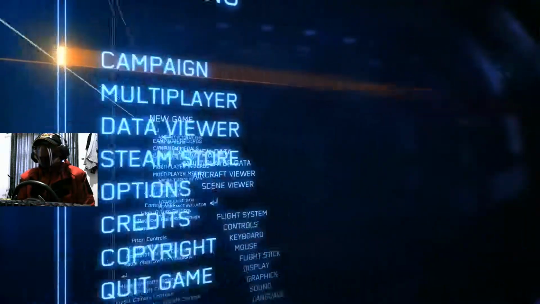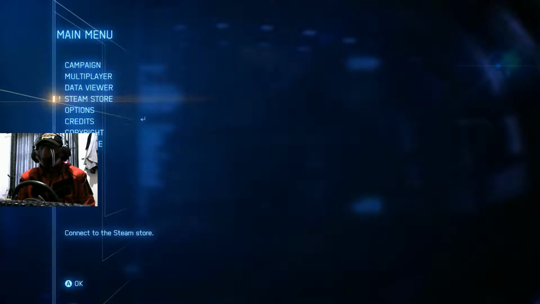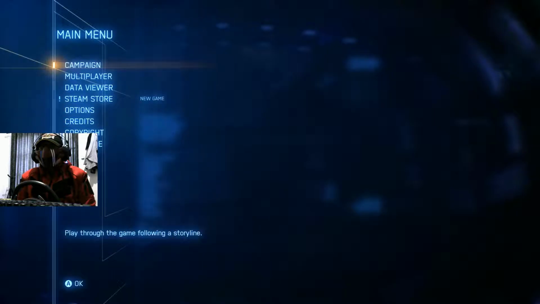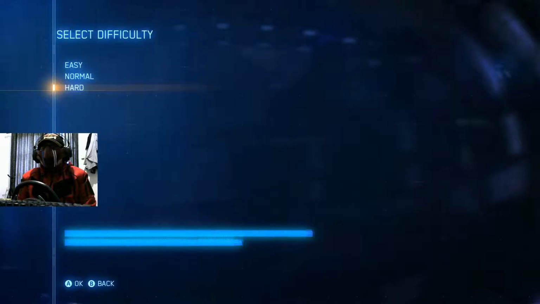Alright. Wow, the interface is so cool. We have campaign, multiplayer, data viewer, Steam store for DLC stuff, obviously options, credits, copyright, and quit game. Alright. Of course, we're going to start with campaign. New game. Yes, please. We're not going to start with normal. Well, not hard, I mean. Because I'm going to start right off the bat with normal. I mean, I could use easy, but